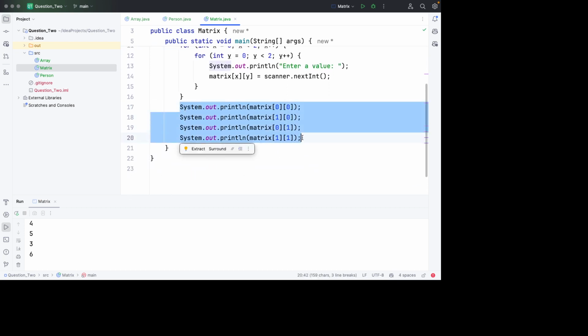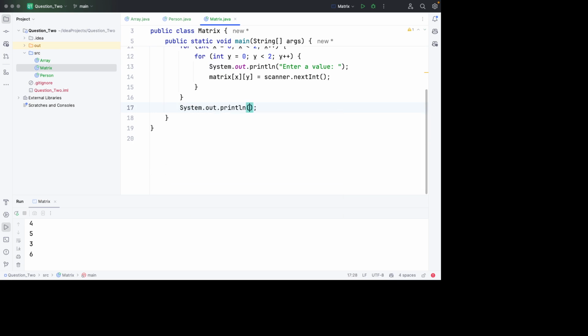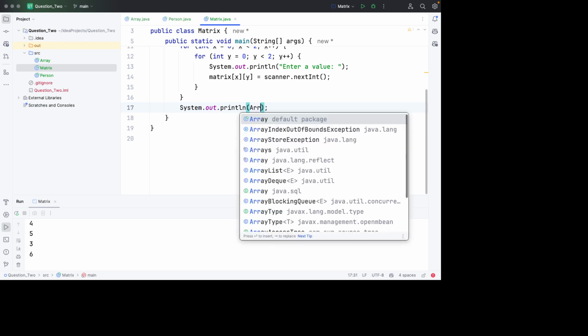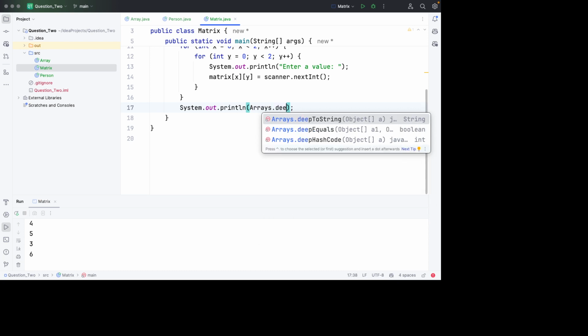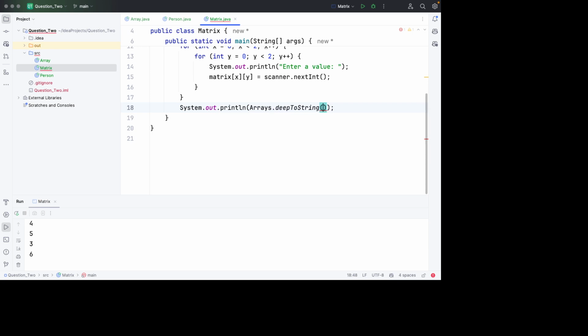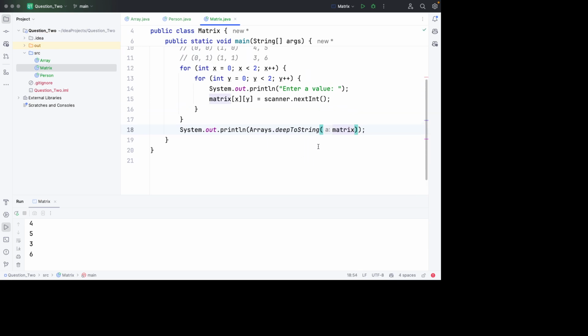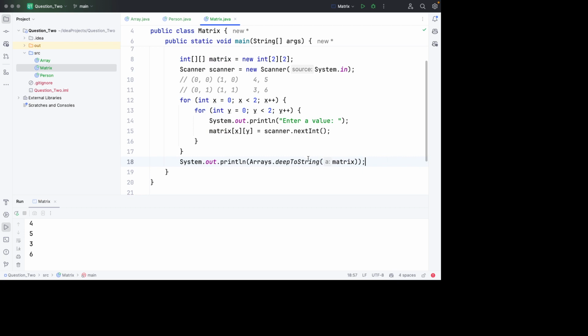So this is one way of doing it. The other way is to use the Arrays class, and this Arrays class has a method called deepToString. So deepToString the matrix. Dig down into this matrix, basically, because deep means dig down into this matrix and give me the string representation of this matrix here. So when we run this again,